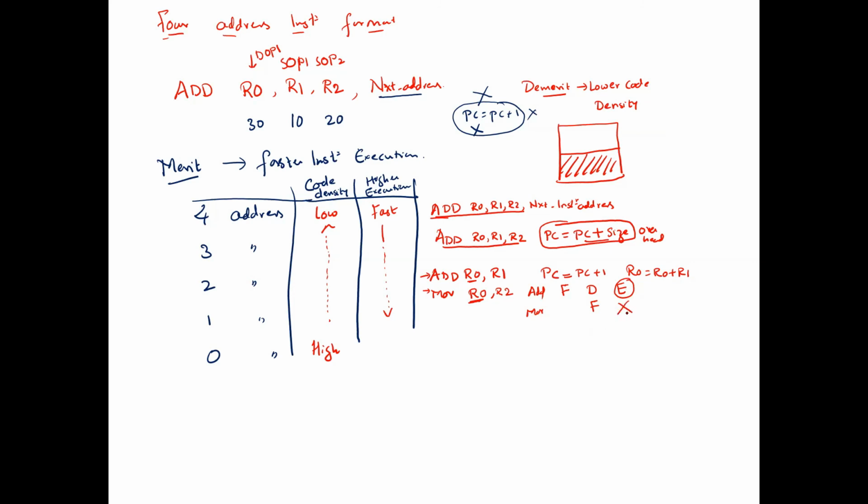So this is a time stall. It will wait. After the execution of the previous instruction, now it will decode, and further it will execute that instruction. Now this is the additional time delay. Time stall has happened. So therefore, again, the execution speed has been reduced compared to the 3 address instruction format.